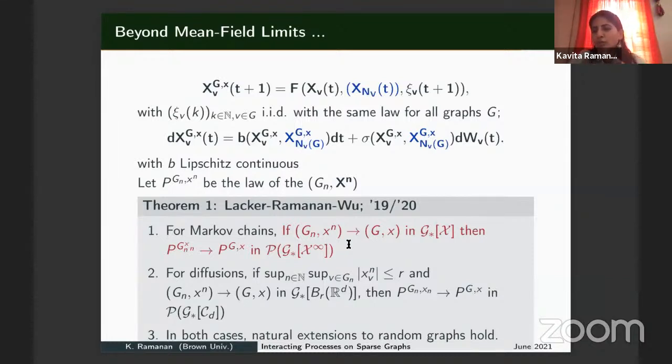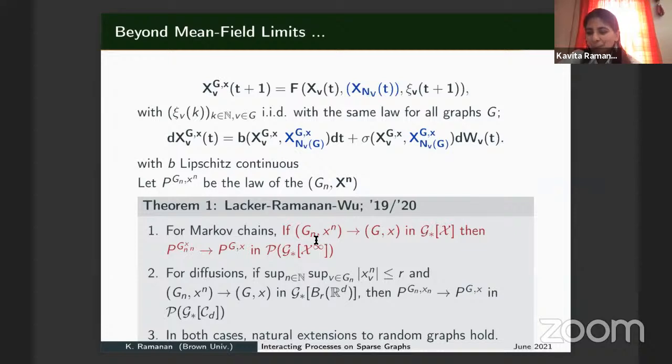You really want to include the random graph for sure. Oh, I do want to mention that for the diffusion setting, it's actually here below. For the diffusion setting, a similar result was established for a slightly different class of diffusions, which allows some random environment, but a linear dependence only on the empirical measure, by Rice, Oliveira, and others 2 years ago. I have their reference also, that will come up in the full notes that I sent. So I definitely want to mention that.